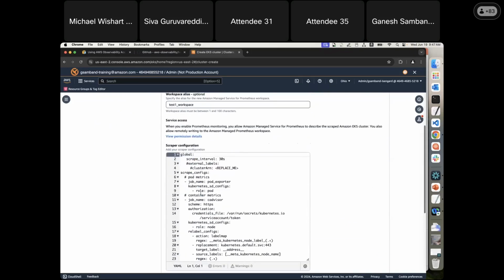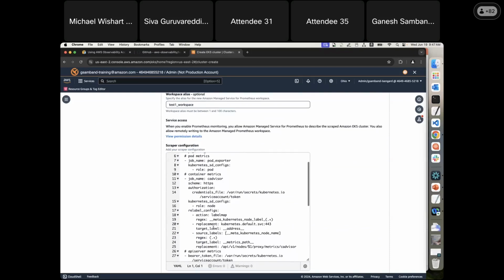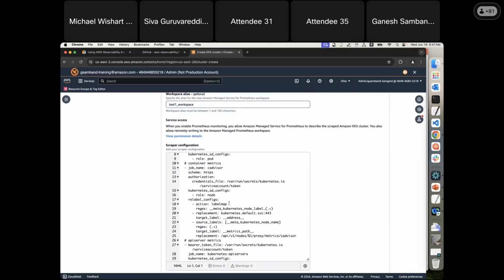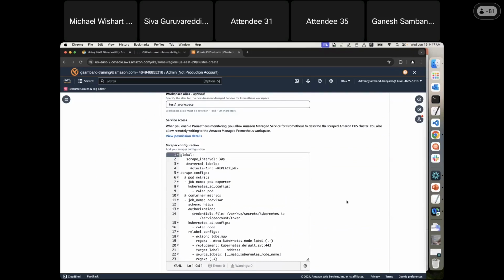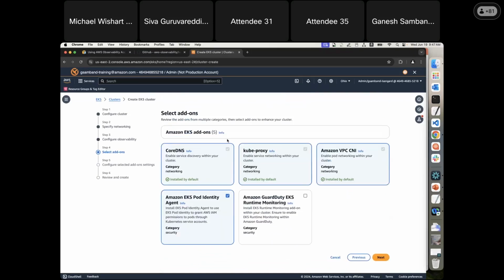This configuration is basically how you monitor your EKS cluster with all the endpoints, and cAdvisor, which provides all the container level metrics. All these things are pre-built for you. So you can use this default configuration,